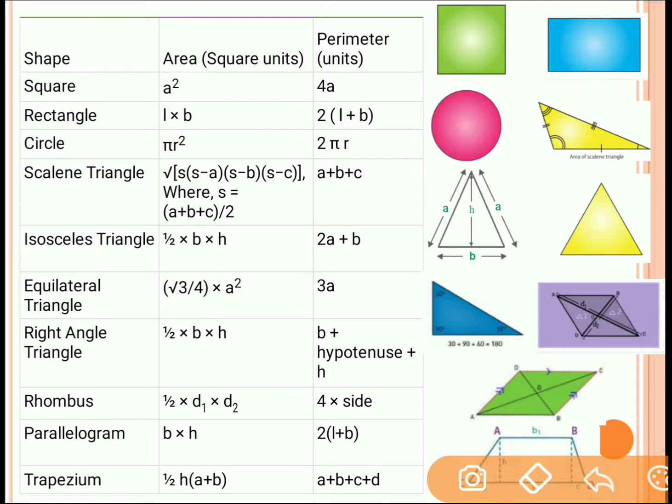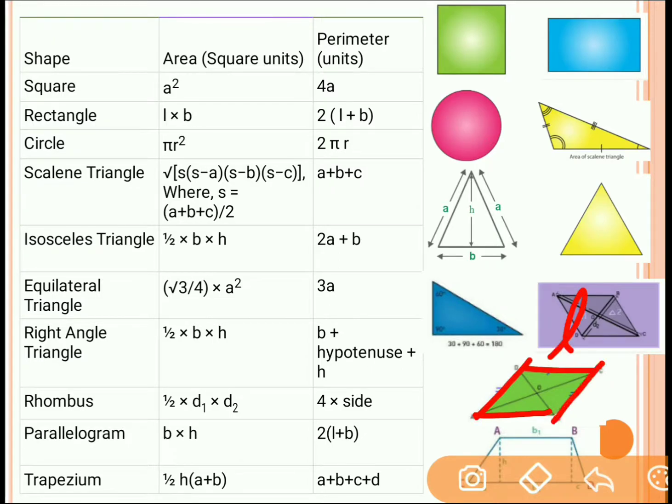So let's say that the base length of the parallelogram is B and the height will be what? Height will be measured from this corner to the base. So for a parallelogram, this is the height and this is the base. Fine. So base length is B and height is h. So the area of the parallelogram will be what? B into h.